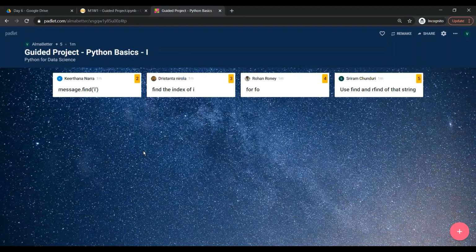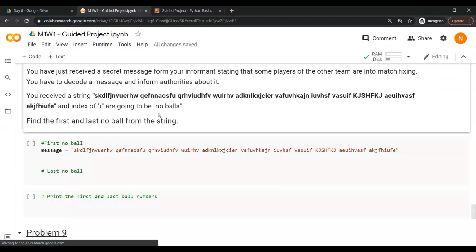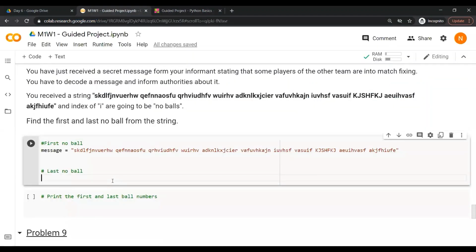So to find I, first no ball, right? So first no ball would be what? So you guys are saying that message dot find, in fact,